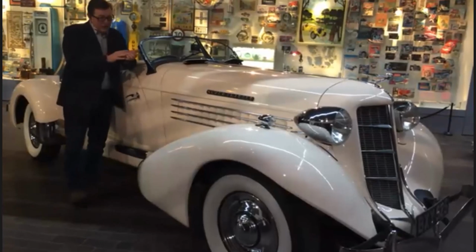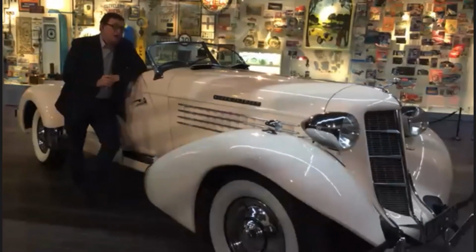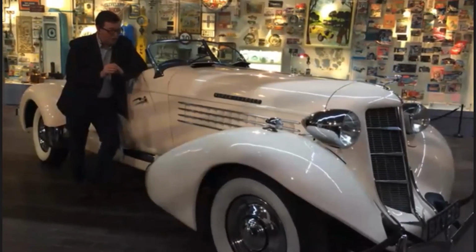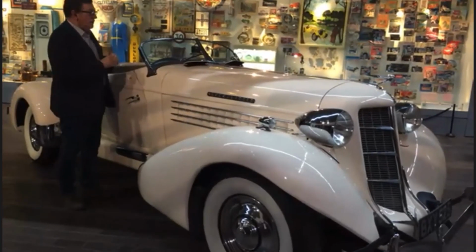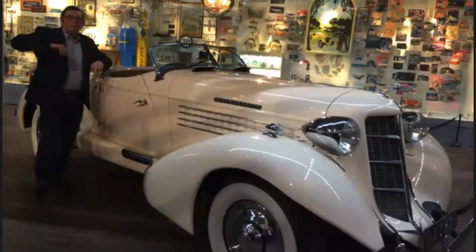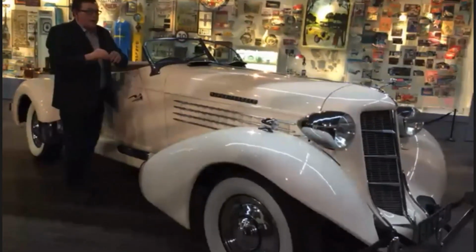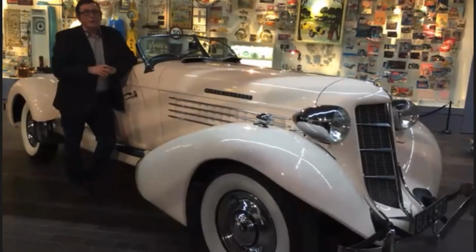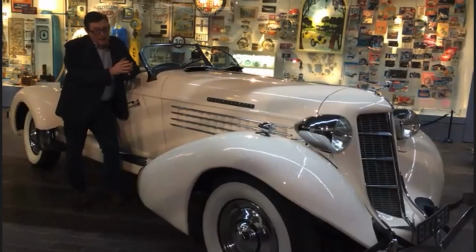We had a problem with this. This car absorbs an awful lot of heat, and similarly an awful lot of cold as well. And when you're in hot climates, you find the car will expand and doors will get tight and things like this. And when you drive it, it's got a nasty habit of giving you a nip. If you're driving it with your arm out, and you go over a big bump, it'll give you a nasty blood blister under your arm. But the body moves, and sometimes you think, oh my God, I can't get the bonnet open because it's expanded and contracted. And we had actually